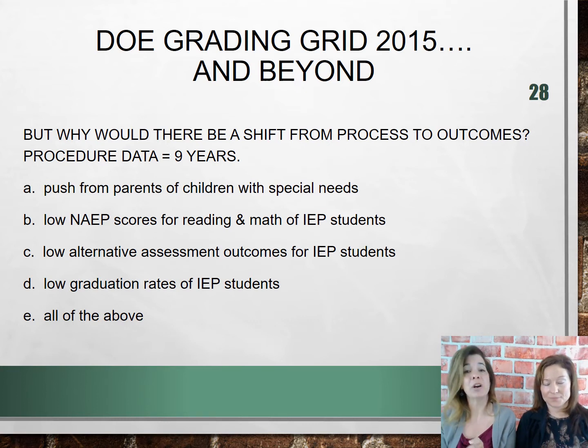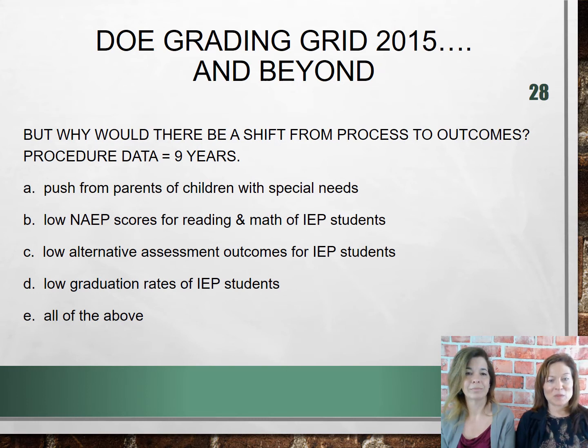But as far as our state compliance, we still have to remain compliant under those procedural guidelines for our state. But OSERS now is adding additional requirements and accountability with regard to outcomes. Which, believe it or not, they have never looked at that. This past 5 years is the first time they have ever looked at outcomes. Isn't that interesting? So why did they shift all of a sudden?